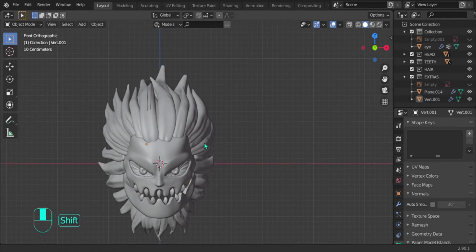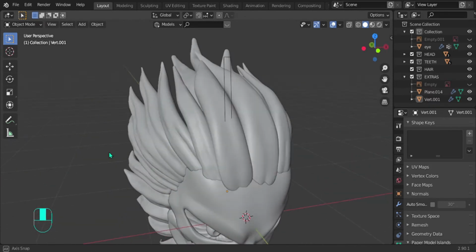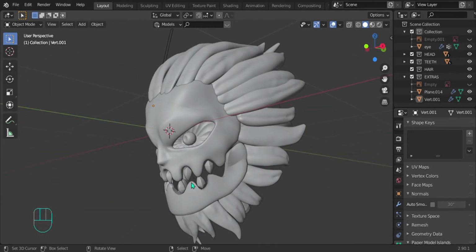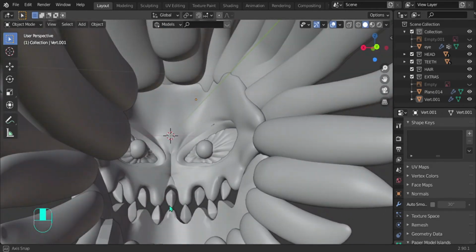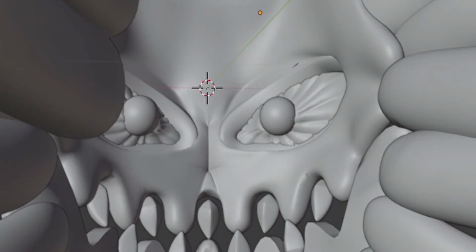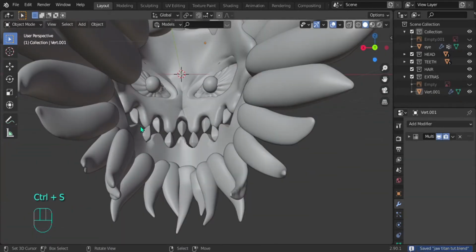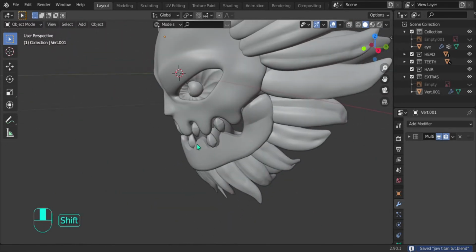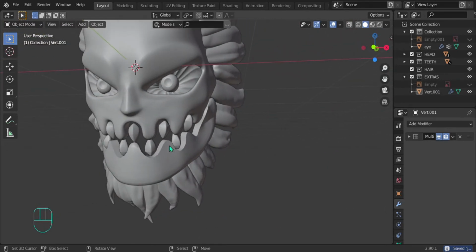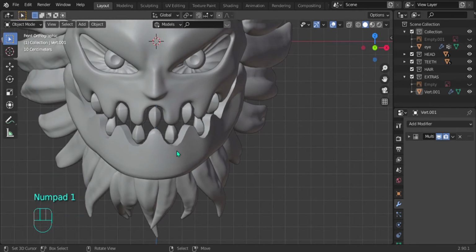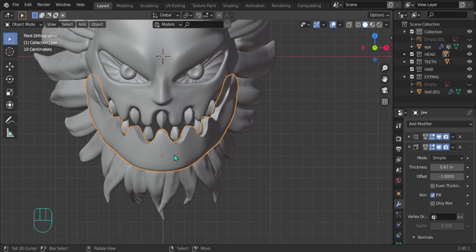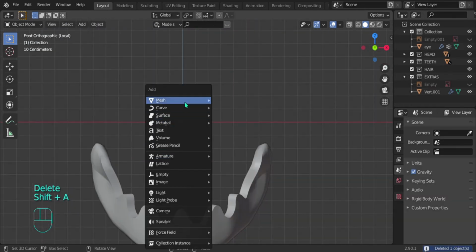Alright, so with most of it done, at least the hair, let's add in the inside of the jaw. As you can see, right now there's nothing on the inside, so let's add in the inside of the jaw. I think I'm gonna use a cube or plane, something like that. You know what, let's isolate this. Let's go Shift A, add in a plane,